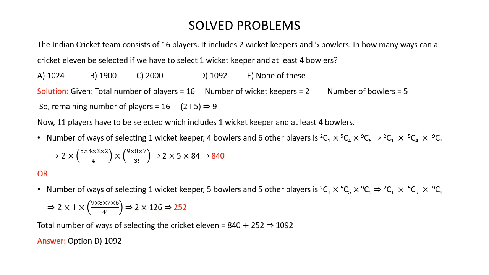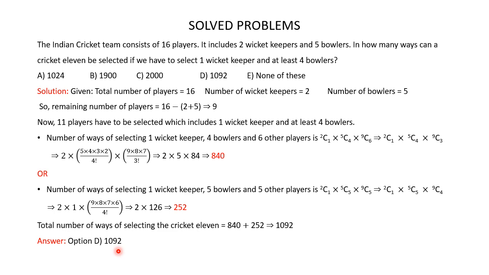So the total number of ways of selecting the cricket 11 is 840 plus 252, which is 1092. So there are 1092 ways of selecting the cricket 11, so that there is 1 wicket keeper and at least 4 bowlers. So the correct answer is option D,